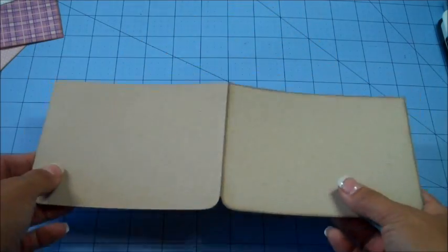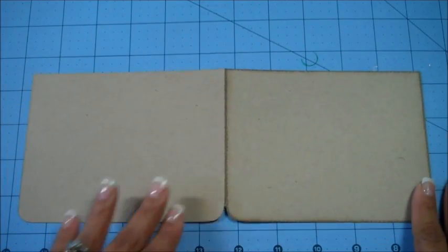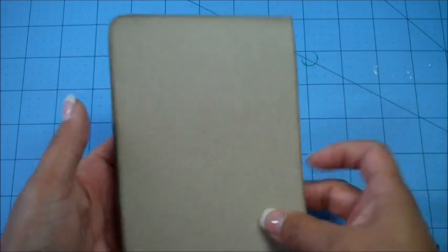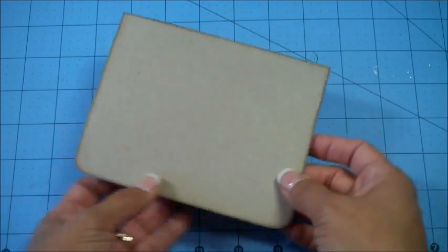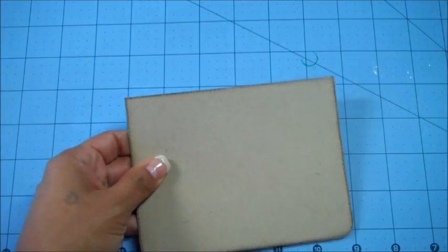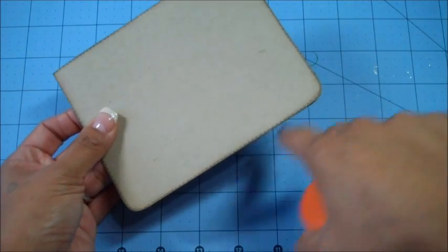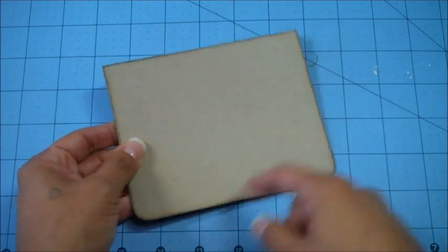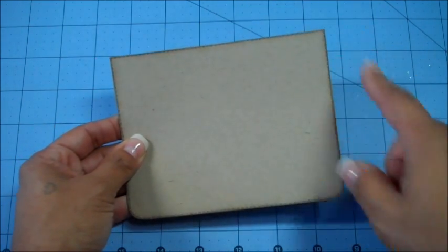So anyways, what I did was I got a piece of craft cardstock. Here goes the base of my card. Pretty much it's 4 1/4 by 11. I went ahead and just cut it long ways instead, so this way my card could open this way here. And I used the corner punch right here, I believe this is a 1/2 inch corner punch, to do the edges, and I went ahead and like I said, I did the